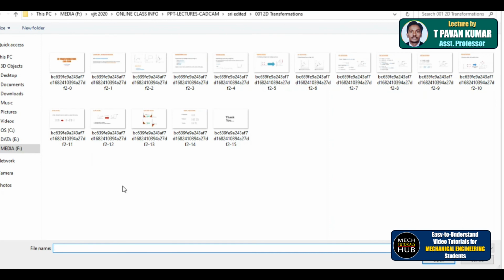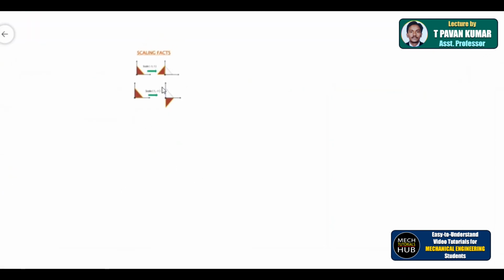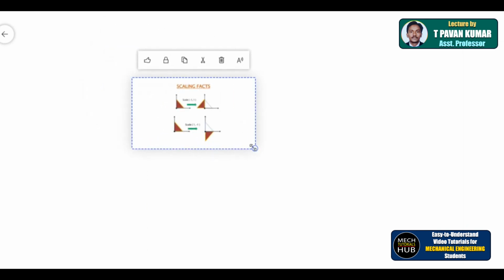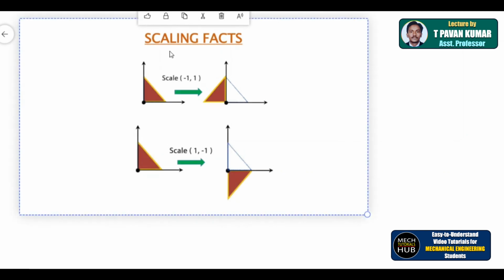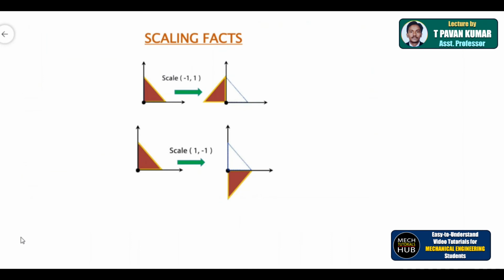Let me take a new slide, one more, to have a better idea about scaling factors. Have a look at it. Let us consider this as first quadrant, and accordingly think about scaling. This is first quadrant, this is also. Now think about this is the question, this is the solution. Here is the actual position of a triangle, which is brown in color.